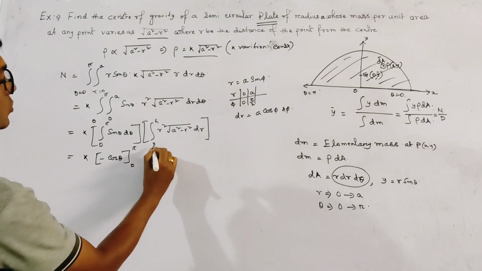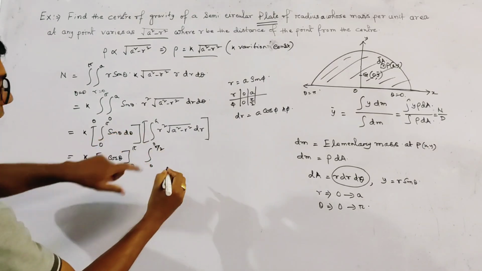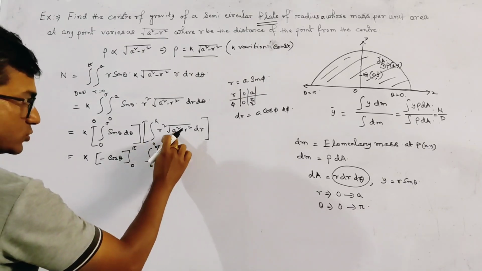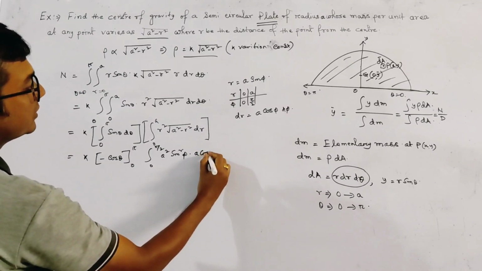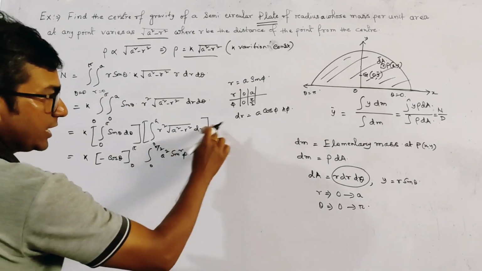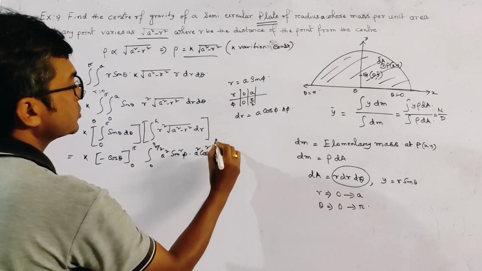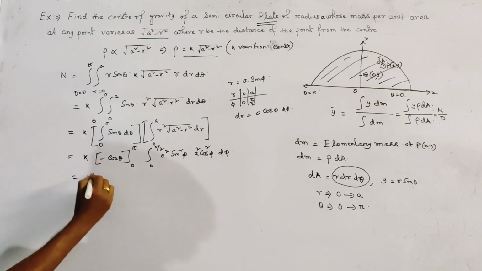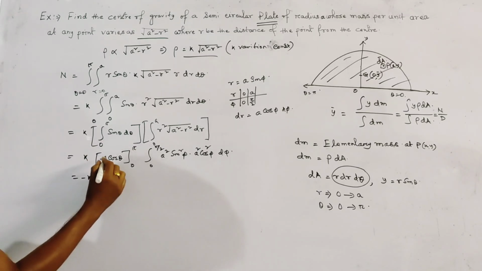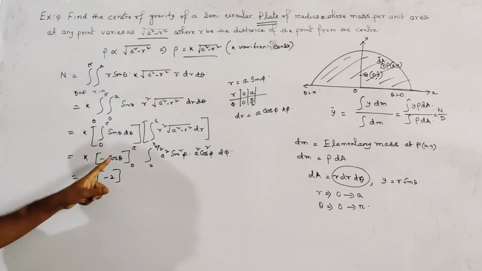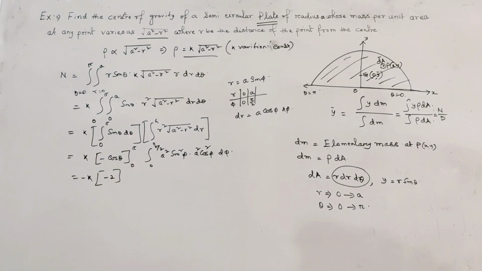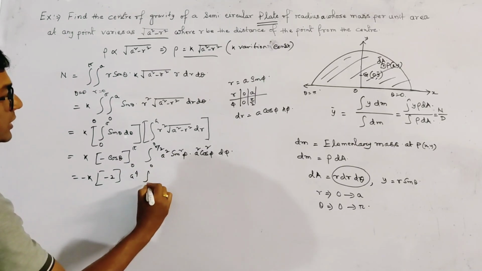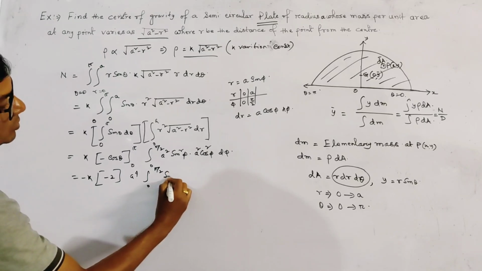And from here, this is 0 to pi by 2, this is r square. R square means a square sin square phi, and a square minus r square, this is a cos phi, and dr, this is also a cos phi, so a square cos square phi d phi. From here, k into, this is minus of minus 2, because cos phi equal to minus 1, cos 0 equal to also 1. And from here we get a to the power 4 into integration 0 to pi by 2